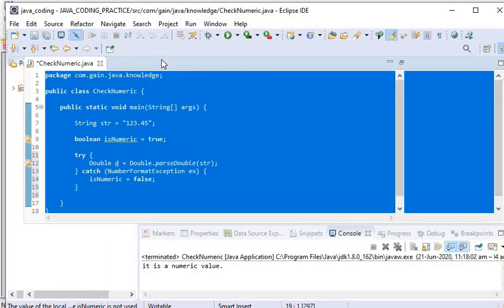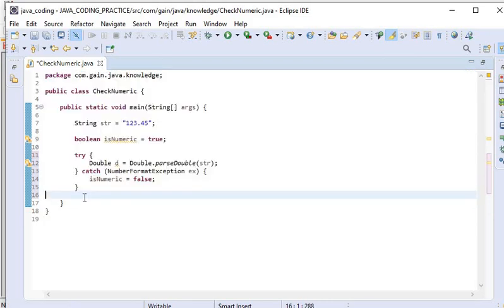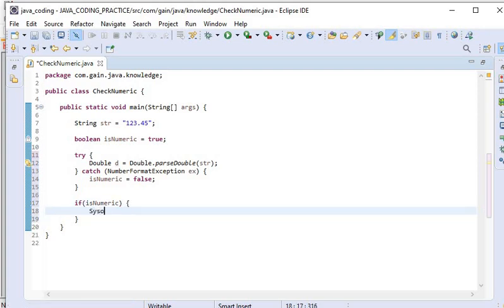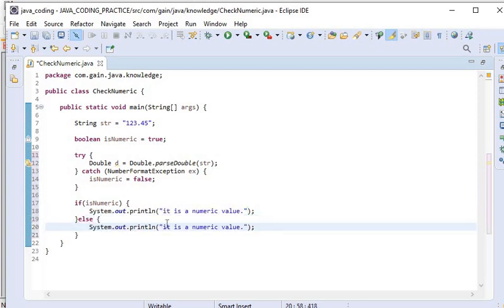And here we will print: if isNumeric, then we can say it is a numeric value, else it is not a numeric value.